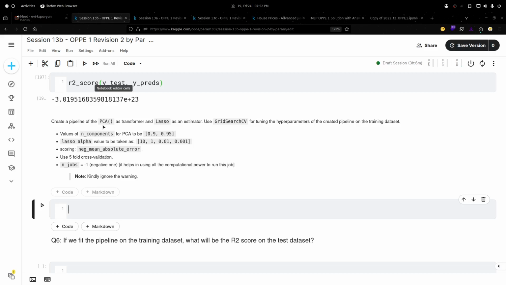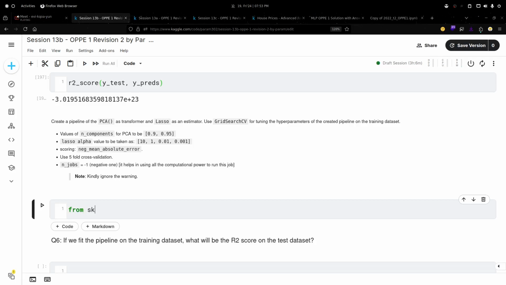Nice. Now this is an interesting question as well as an important question. This question is, I think, 5 marks or 8 marks, I'm not sure, but it is a very good question. Create a pipeline with PCA as a transformer and Lasso as an estimator. Pipeline we have already imported, GridSearchCV we have already imported. We need PCA and Lasso. How can we import them?